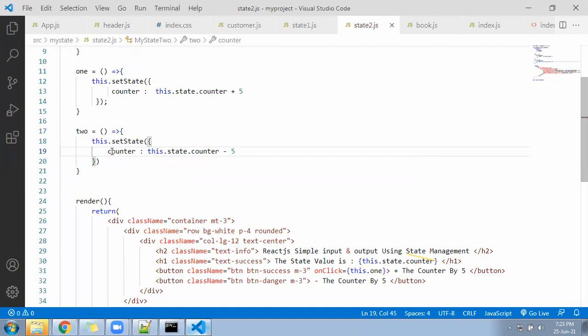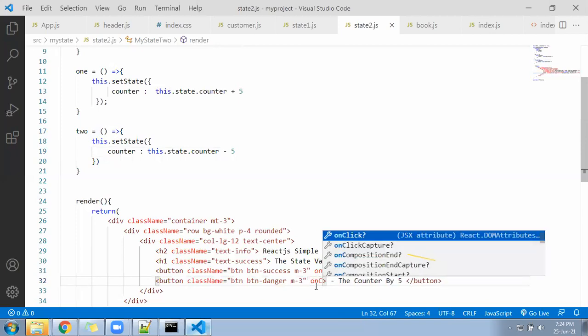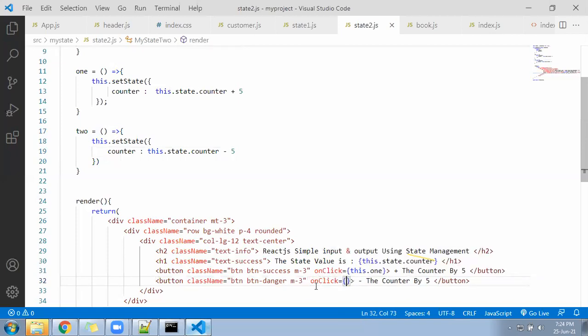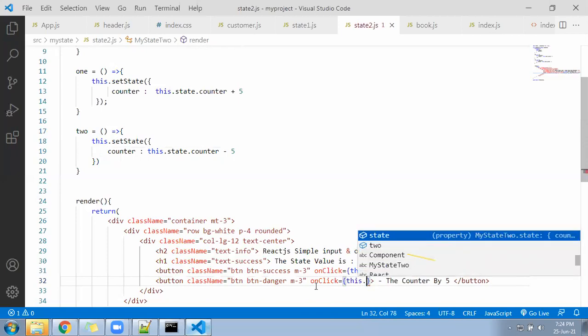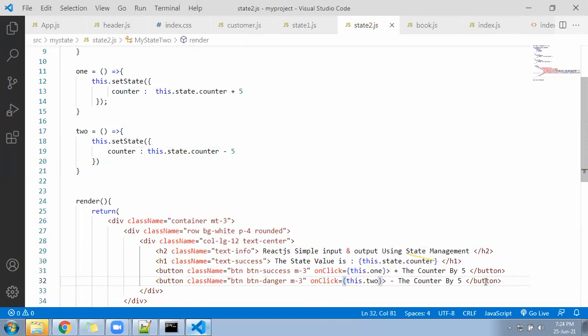Just save the file and call function 2 on the second button click. onClick equal to, call function 2, this dot, just the function name. Save it and see whether your value is getting updated under the state or not.